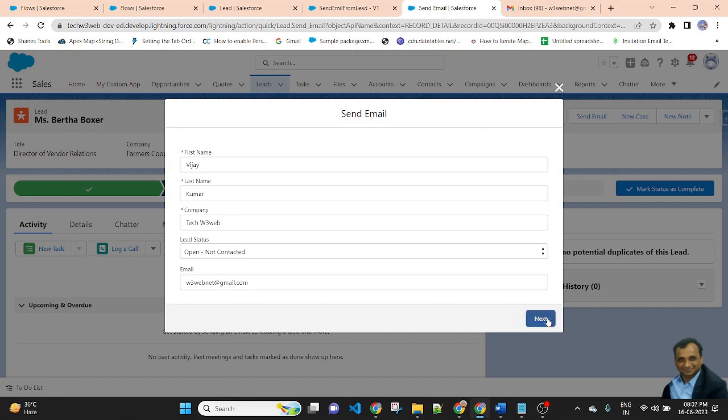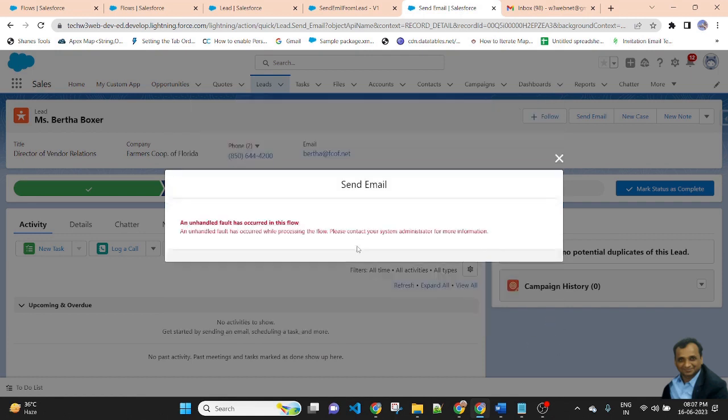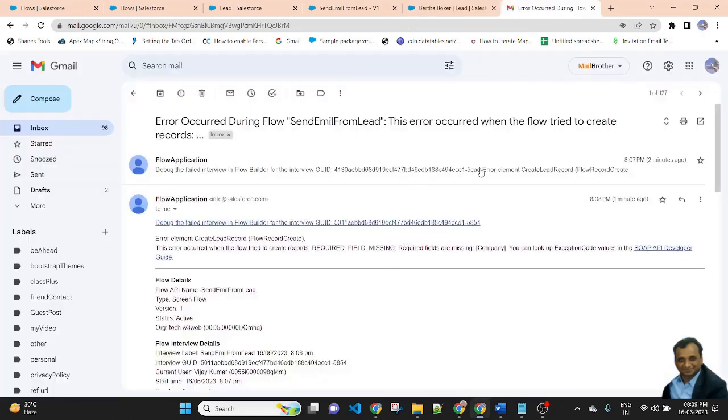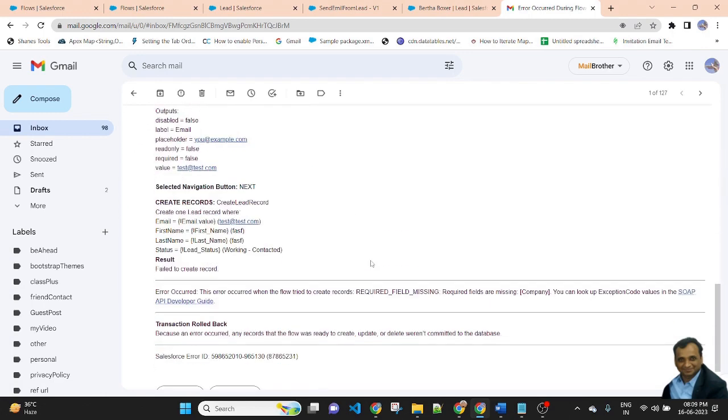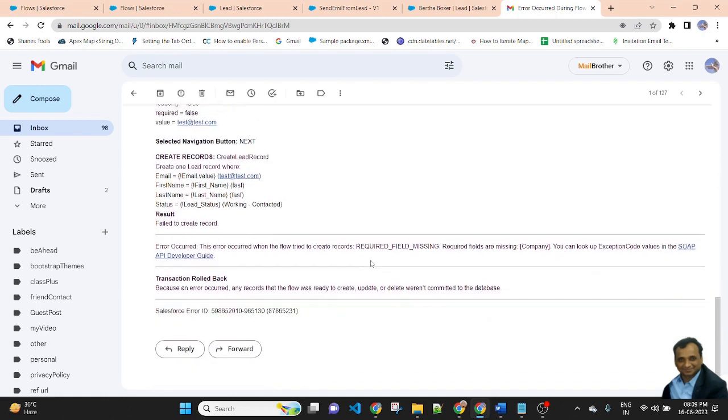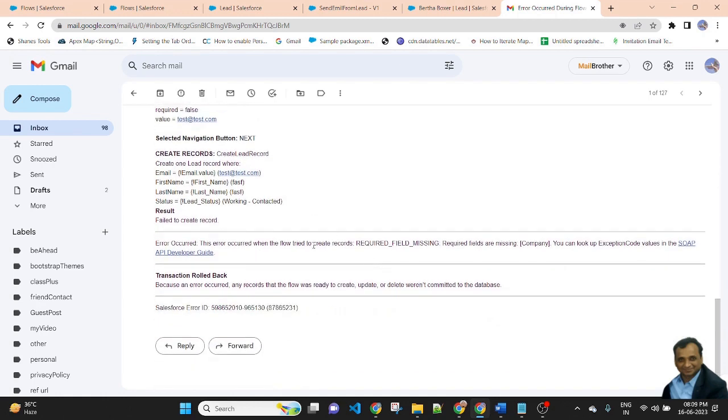Then next. I am getting an error, so I am checking why. The error says required fields are missing, and the missing field is company.